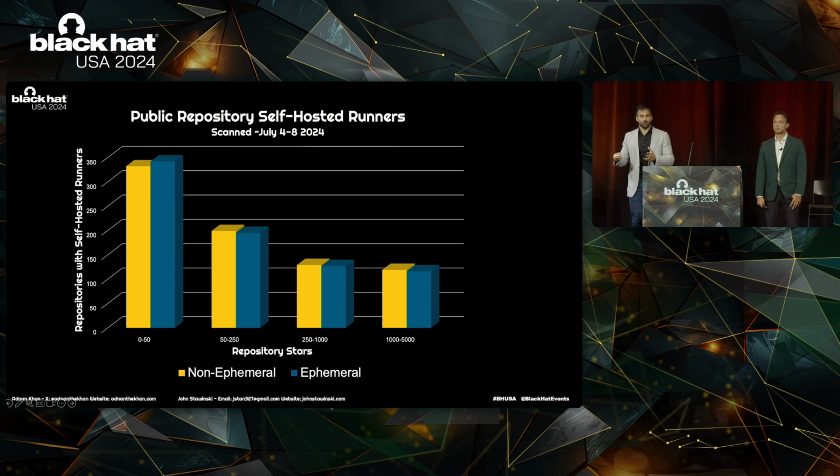For non-ephemeral runners, there are some, and for ephemeral runners, there are also some interesting attack paths like Kubernetes and cloud privilege escalation techniques that could apply and also could lead to compromise. So it's not all safe just attaching these runners.